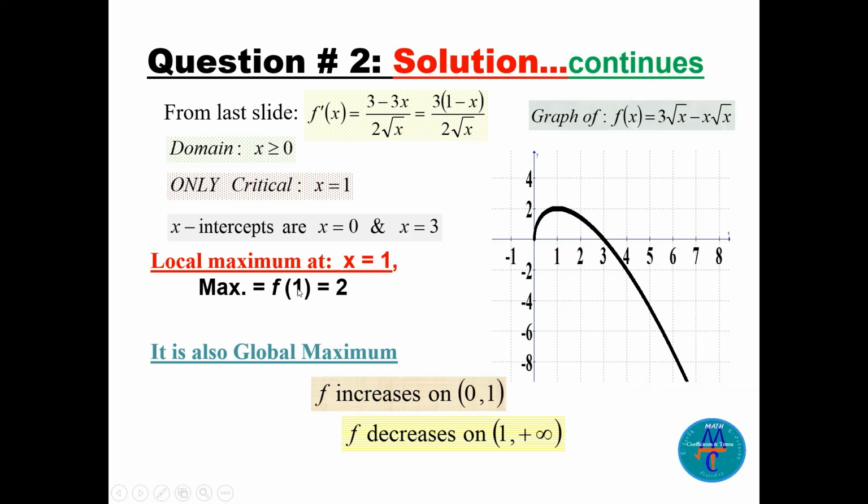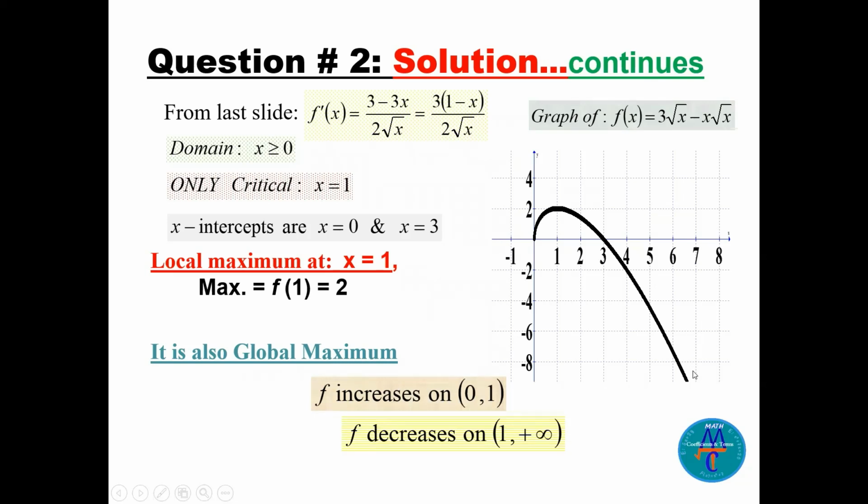And then we replace 1 in the function, so we get f of 1 is equal to 2. And also, this is a global maximum or absolute maximum, because this is the maximum value in the whole range. F increases from 0 to 1 here, you can see that, and F is decreasing from 1